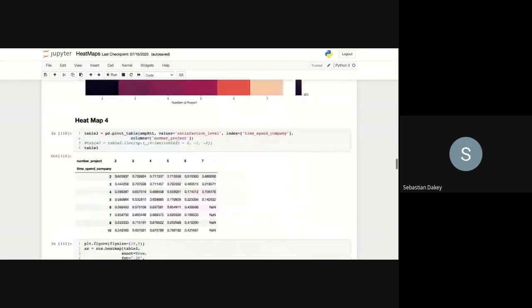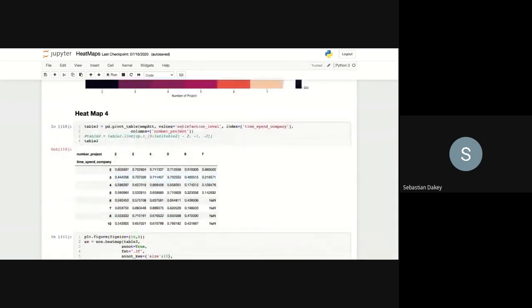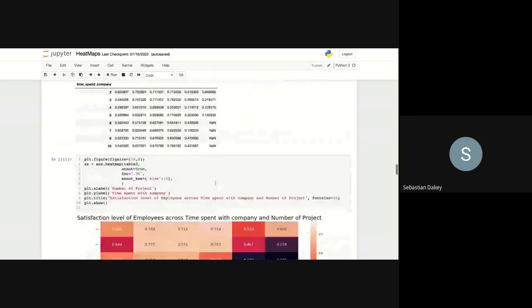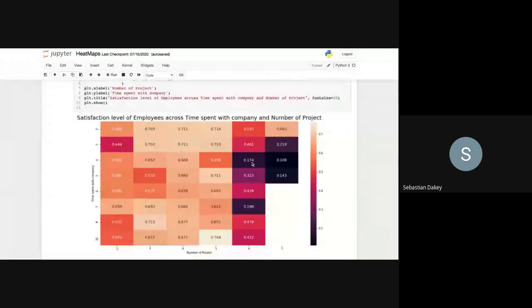So we go to the heat map number 4. In this case, our values of interest is the satisfaction level. We want time spent in company as an index, and then the column is number of projects. So this one too also tells you, we see that generally between 3 to 5, they have lighter colors as compared to the rest, in terms of comparing time spent in company with number